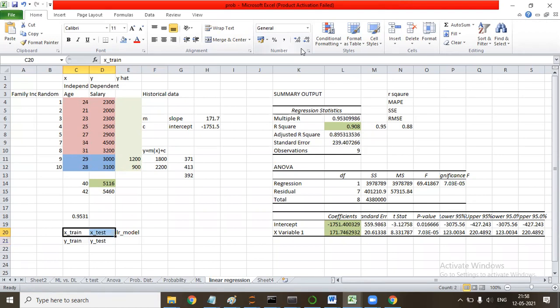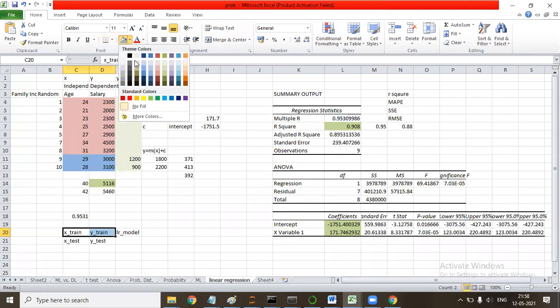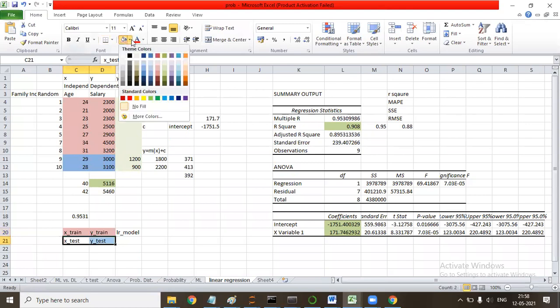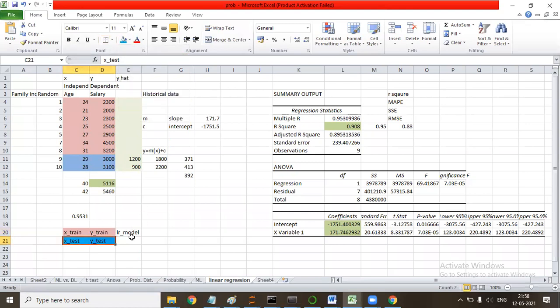This is Xtrain, Xtest, this is Ytrain and Ytest. The red data over the top is basically the Xtrain, Ytrain. The blue data over the top is Xtest, Ytest. Are we aligned? Yes, sir. The model that we have made is on which data? Xtrain, Ytrain.